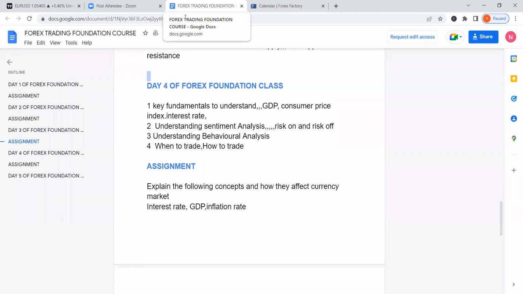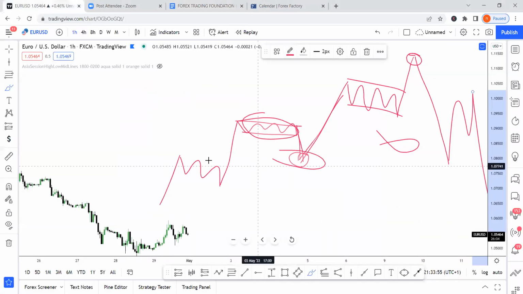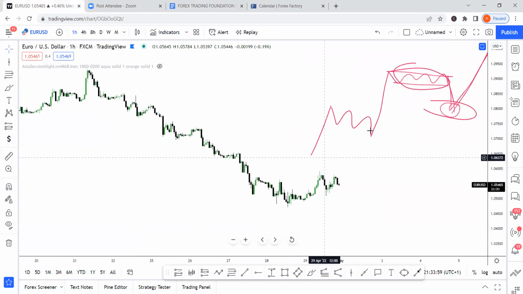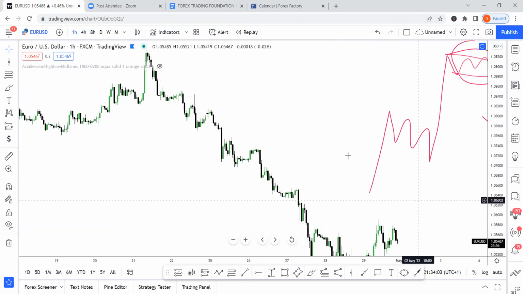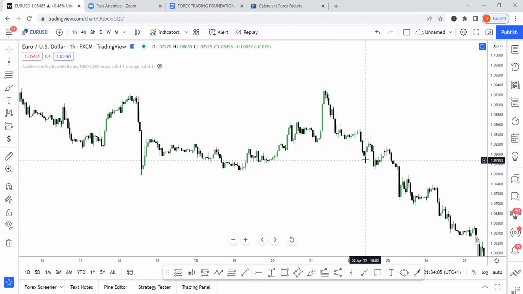So, from the last markup you made, I saw that the true trend started in the London session around 9 a.m. So that means the true trend might not always wait till the New York session before it starts, right? Yes. But I encourage you to wait for New York. Why do I say you should wait for New York? Because look,